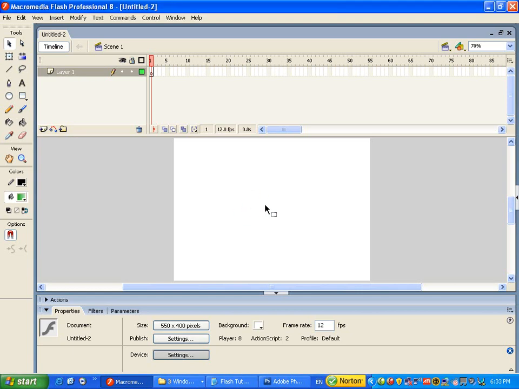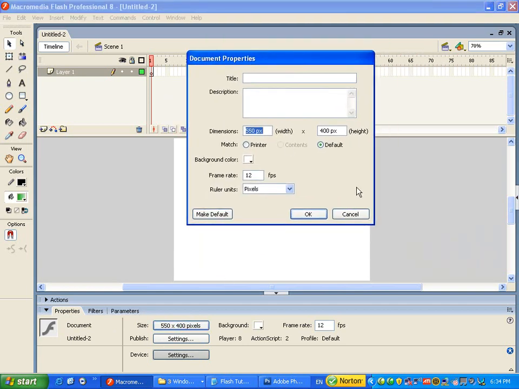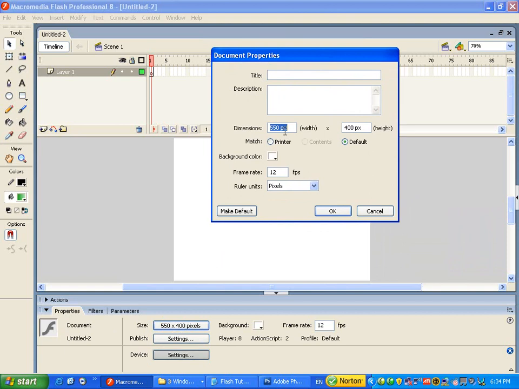Setting up movie dimensions. One of the important steps that you have to start with is to decide your document properties, where you will create your animation. First of all, you have to know that the properties panel is the common place where you can reach document properties through this button. If you click the document properties button, you can have this window opened